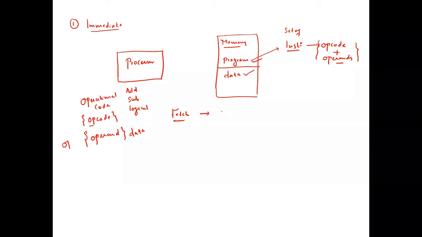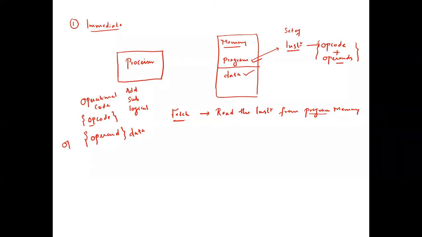Now, in the first phase, what does it do? It will read the instruction. From where is it going to read the instruction? It will read the instruction from the program memory. Instead of saying only memory, we are using the word program memory. What is program memory? Program memory is a memory where the program resides, right? And I have defined what a program is: a set of instructions. Now, what is an instruction? An instruction contains two major fields, one is the operational code and the other is the operand.